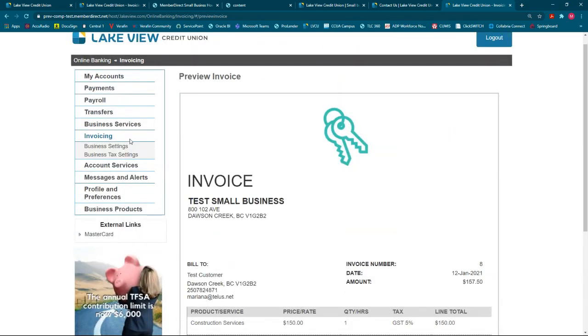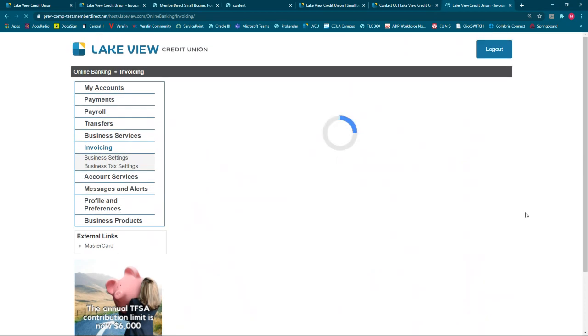And then on your invoicing dashboard, you'll be able to see recent invoices and year-to-date invoices. It'll give you a quick summary of the amounts. You'll also be able to see a list of your invoices, search for them, filter them, and you'll also be able to do invoice matching, which again, as I talked about, I don't have any deposits on this test